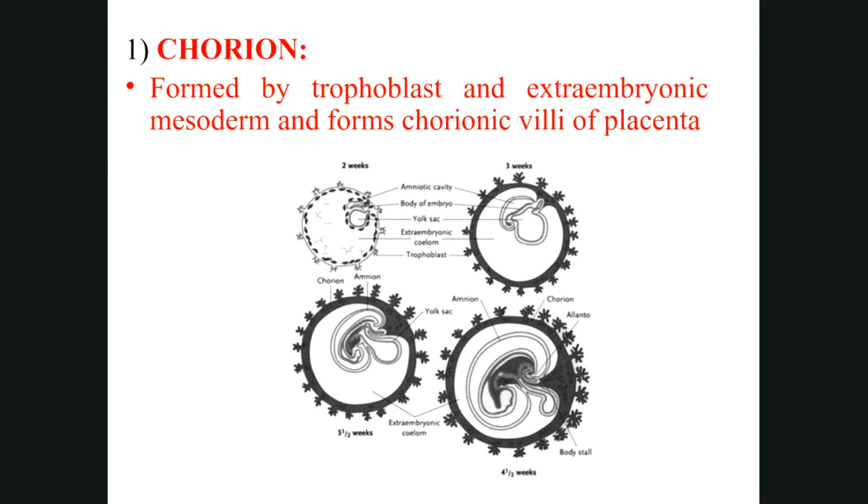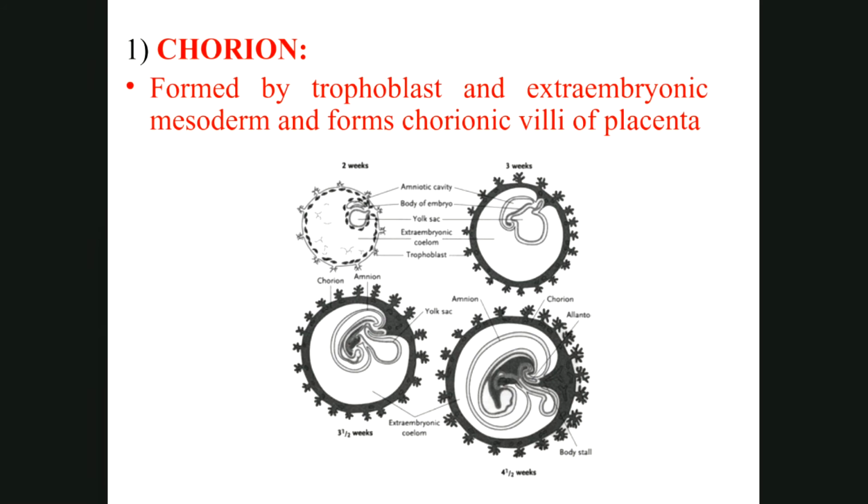So the chorion is important, as it is going to give rise to the chorionic villi of the placenta. When I talk of the placenta, I told you that it contains chorionic villi, which is the fetal side. The chorionic villi come from the chorion, and chorion comes from trophoblast. So this is the importance of knowing the chorion. Chorion is one of the membranes, and within it is a cavity, the chorionic cavity, which we showed in the third week of development.